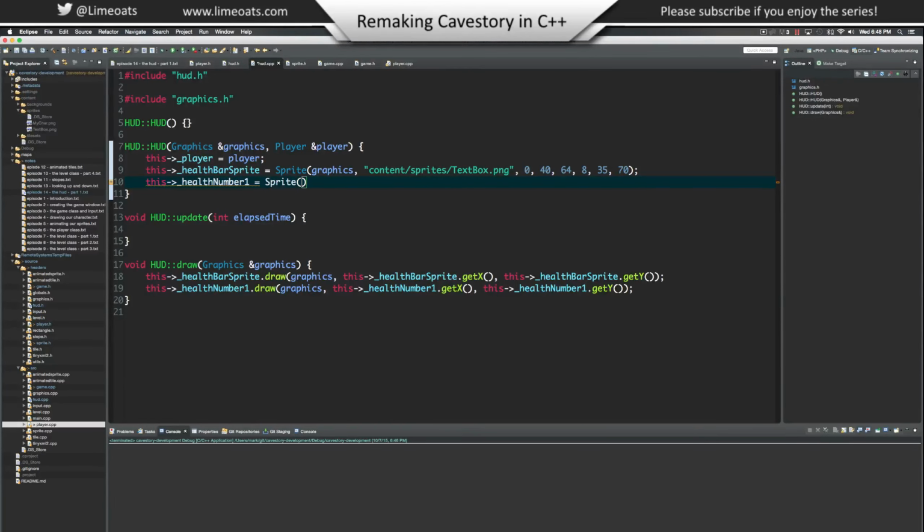So I'll say sprite graphics content sprites text box dot png, and then the numbers that I have in the details on the notes for this one are 0, 56, 8, 8, 66, and 70. Those are the numbers that work. That's the right position for the number. If I go ahead and hit play,